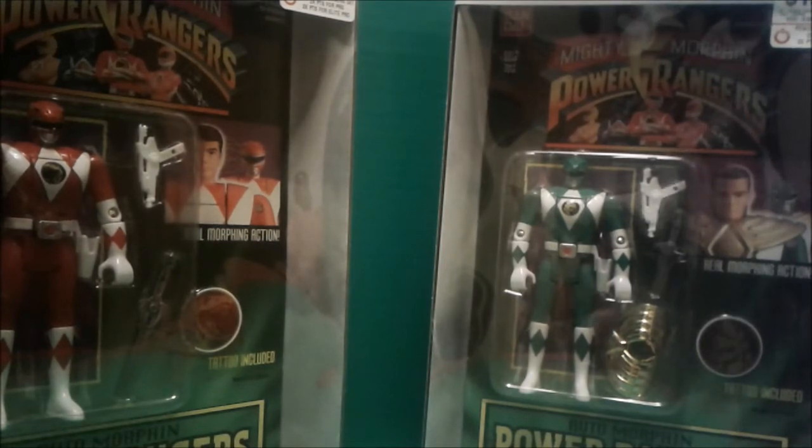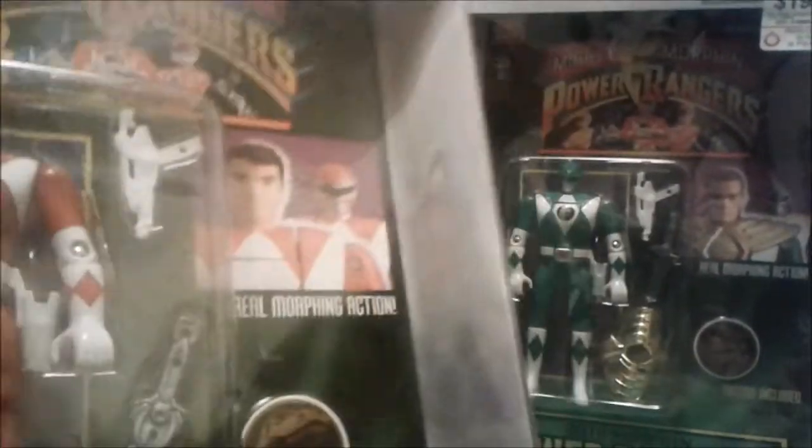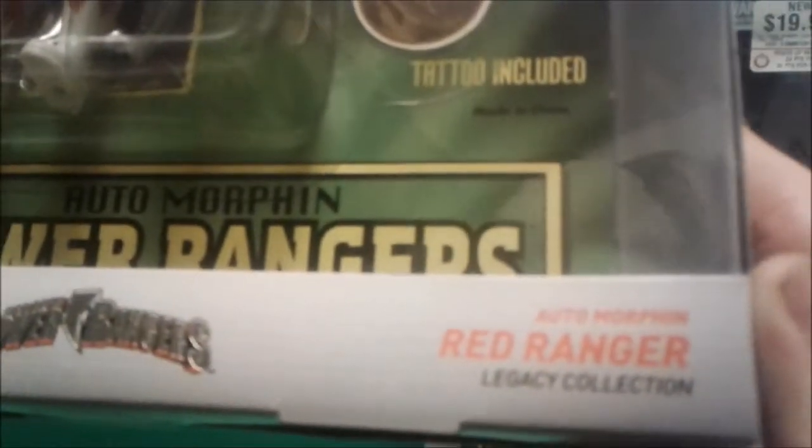So, let's take a look at the packaging. Well, part one of the packaging. You see it's got a nice window box. It's got the new Power Rangers logo. Automorphin Red Ranger Legacy Collection. On the back, you see